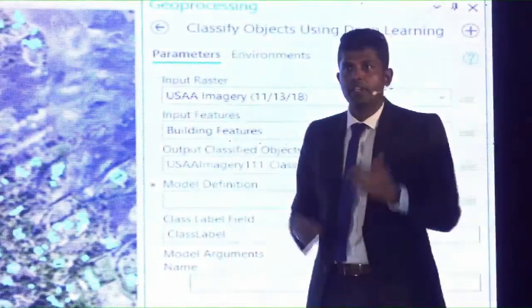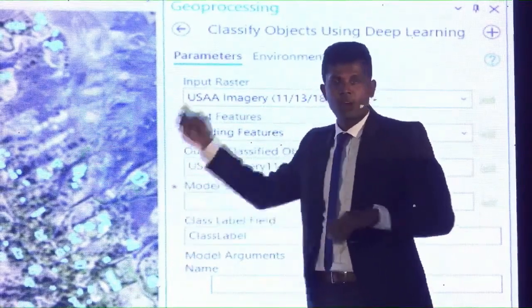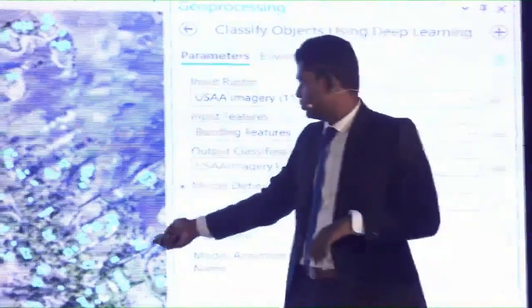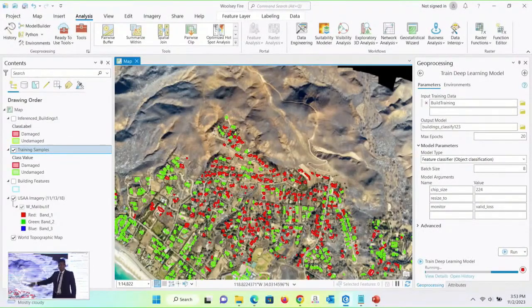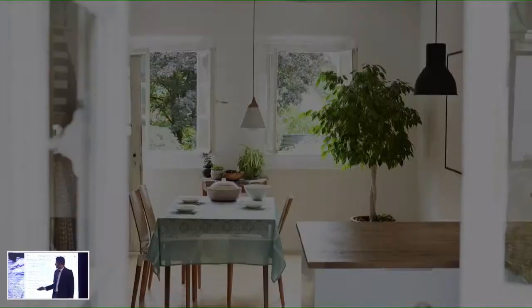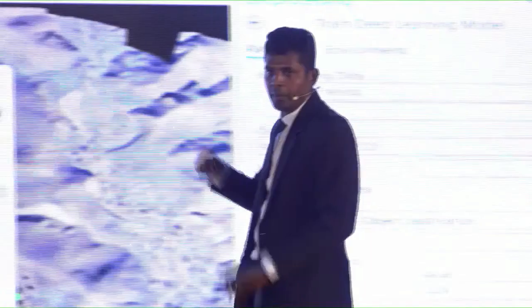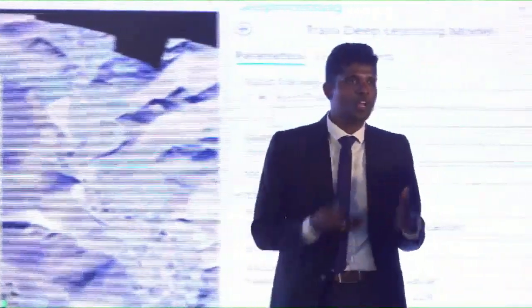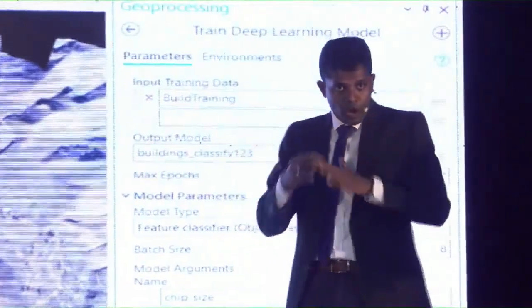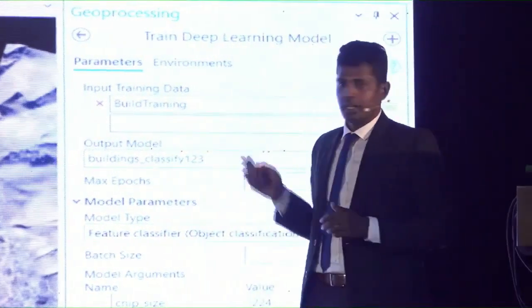If you want to ask the system to classify, then of course we have to give that area as well. That is the area I gave to this one. Now you can see that area was classified into damaged and undamaged buildings. Of course, you have to make sure of your computer capacity. Sometimes it takes more than an hour. It depends on your requirement and image resolution, and based on that it takes time.